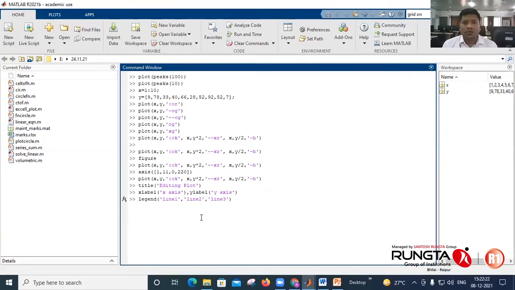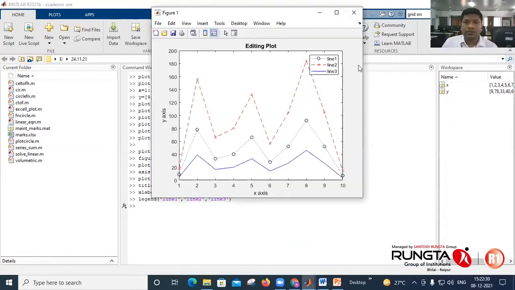Okay. So it will add the legend to the figure. By default, it adds the legend to the upper right corner. These are the legends, line 1, line 2, line 3.